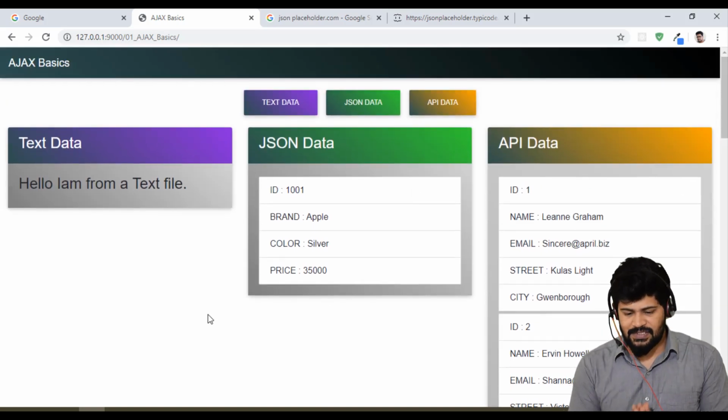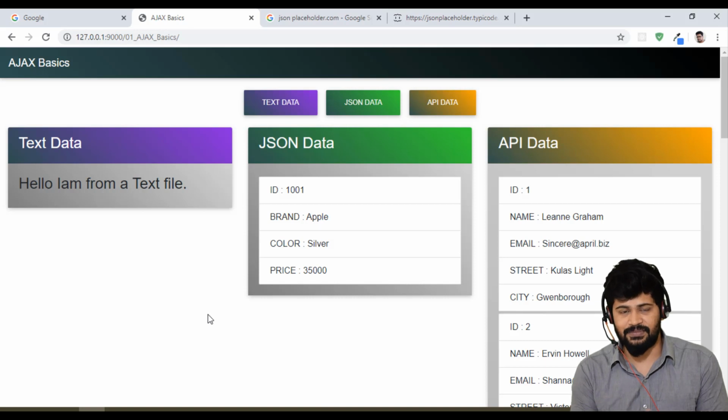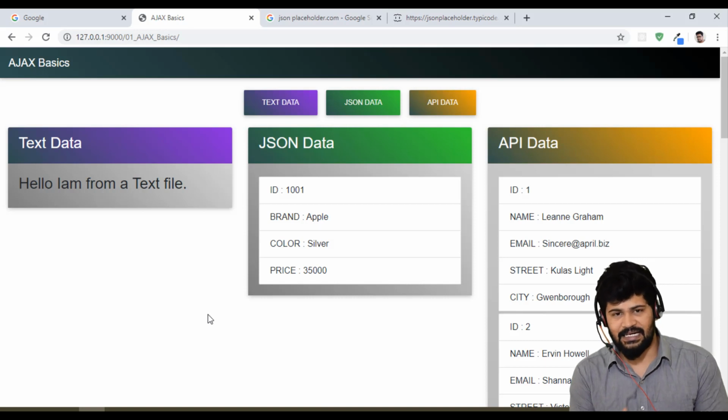So this is a very basic example of how you can fetch data using Ajax. Now not only fetch, because you're going to perform a lot of operations. You can do get requests, you can do form submission, post request, put, delete, and all this. So from the next video let's see how to perform different get, post, put, and delete requests from Ajax, and also we'll see how to develop a custom API library using Ajax.